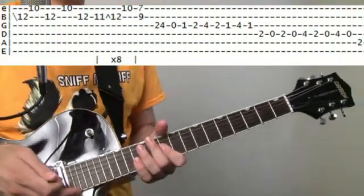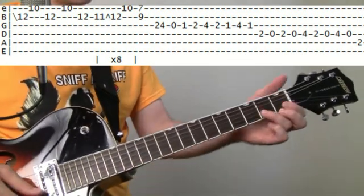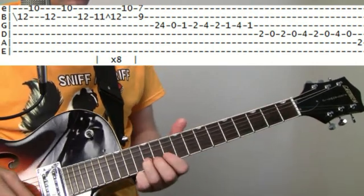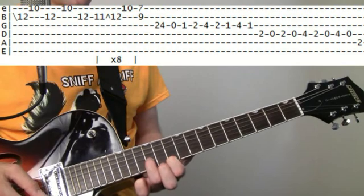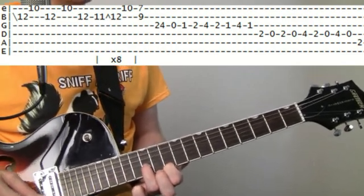Alright, last half of the solo here. It's just going to kick up to a new octave here, so we're going to slide B string all the way up to 12, and then we're going to hit 10 on the E, back to 12 on the B, 10 on the E, 12 on the B,